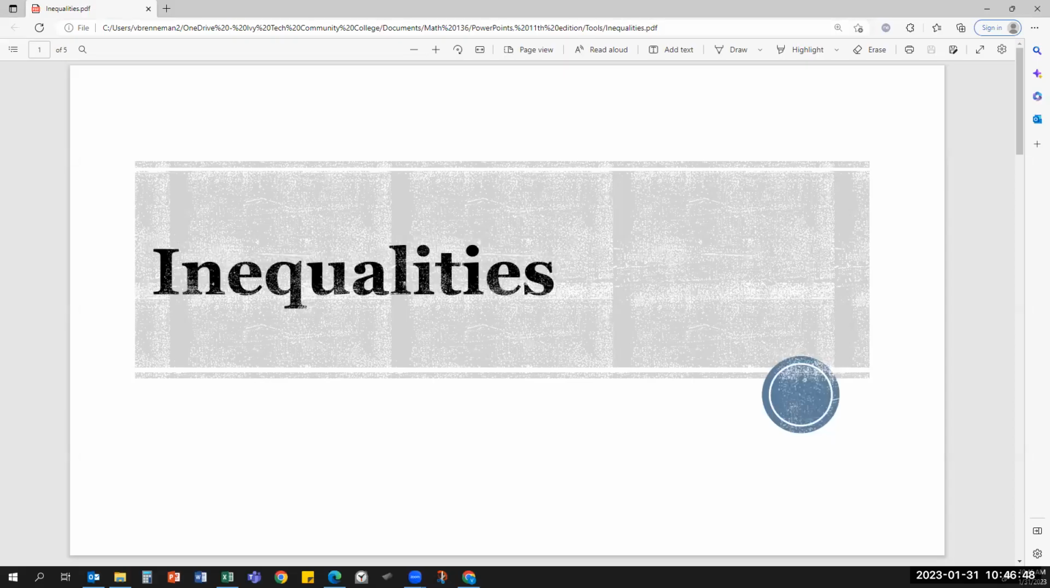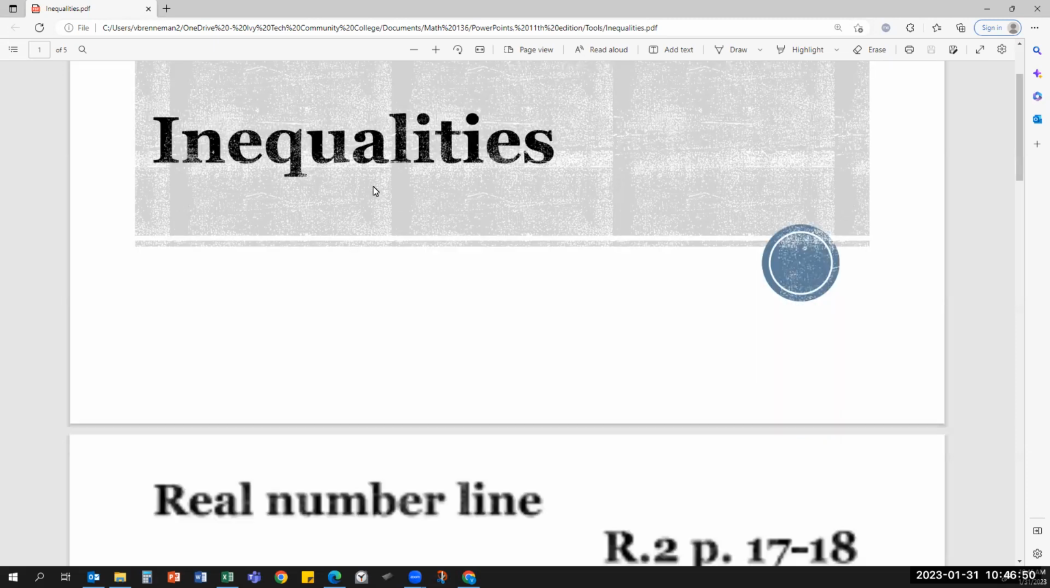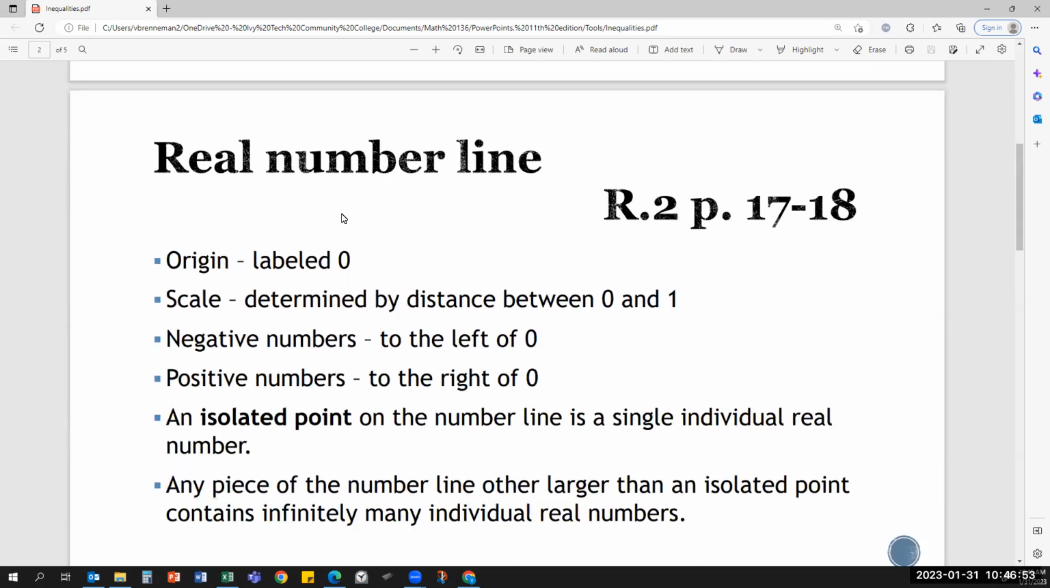Let's talk about inequalities. So first off, just looking at the real number line. It's a line with, generally, arrows on each end indicating it goes on forever. Somewhere in there we have a point marked 0. That's the origin. From there we count to the right positive numbers 1, 2, 3, whatever the spacing between